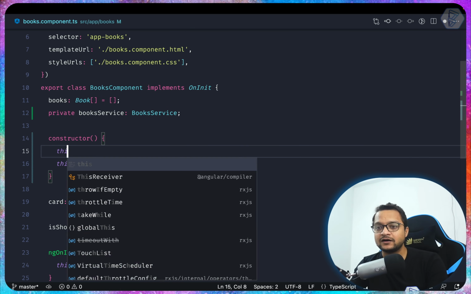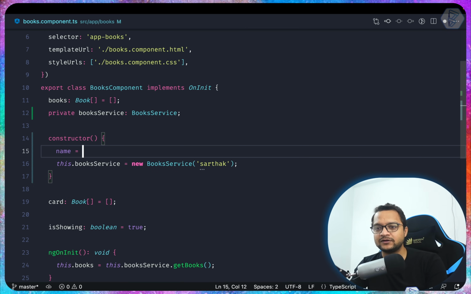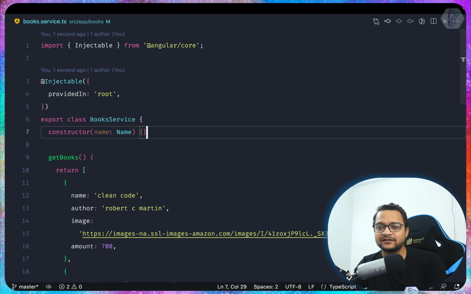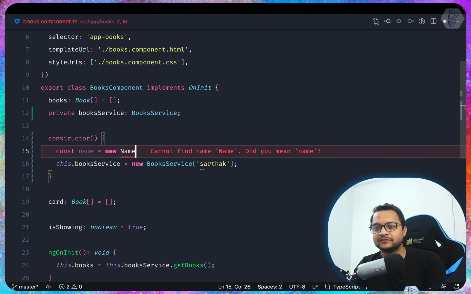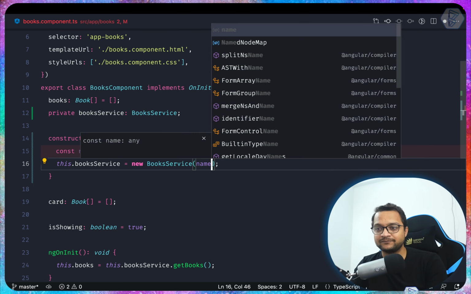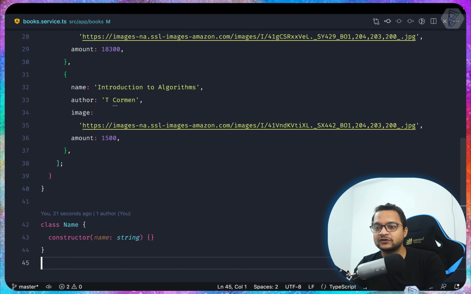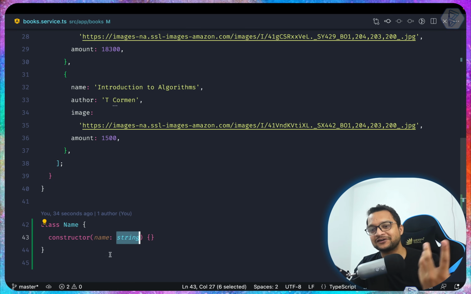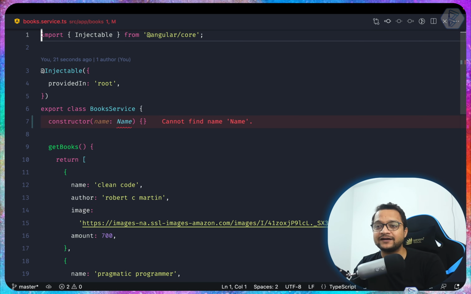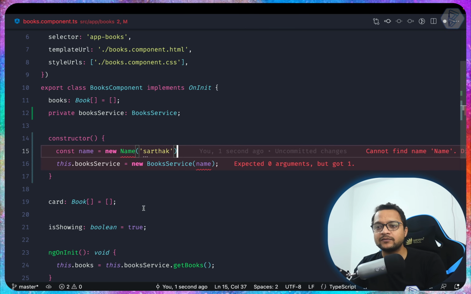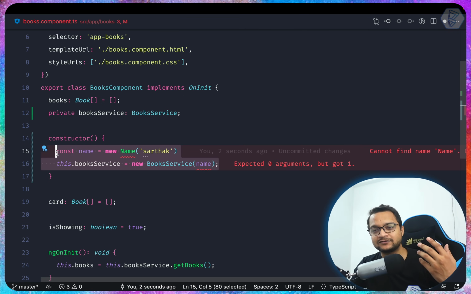So we can say just name is equal to, it is going to be const name, new of name class, which should be available here. Okay, so we need to pass the name class, and then we say, hey, this is a name. So this is really going to be a bad thing, because suppose this name class also depends on another class. So it's going to be a chain of different classes. So in that case, we will not be able to create the instance of a service which is having a